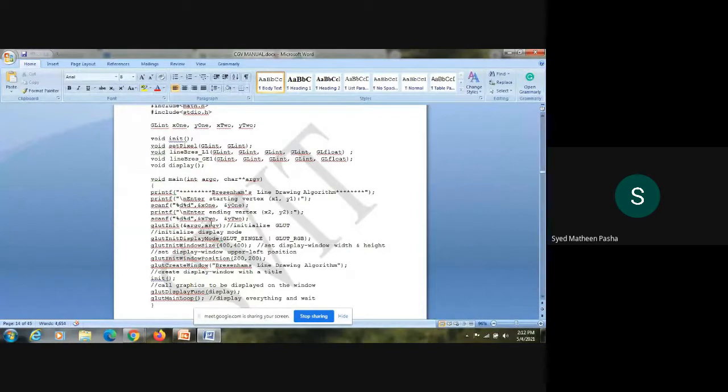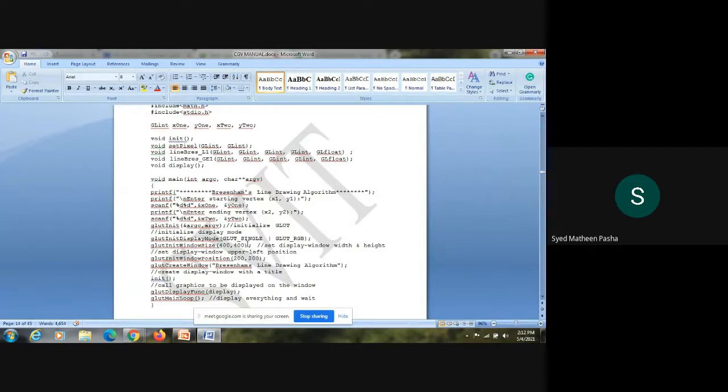Then I will initialize the glut function, that is nothing but glutInit. Why do we use the init function, that is glutInit? Here, the initialization of the glut library is done in the glutInit function. With the help of this, I will just initialize the glut library there. Then next, we'll move on to glutInitDisplayMode, which is done for setting up the display mode of the particular window there.